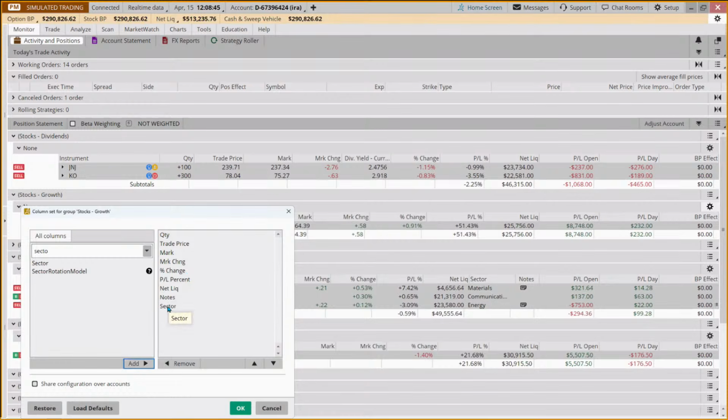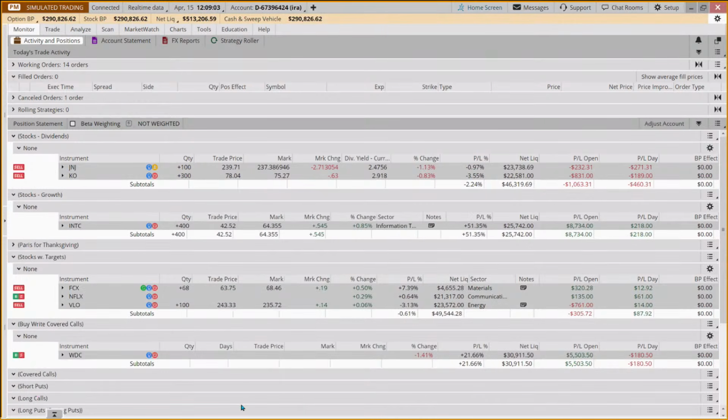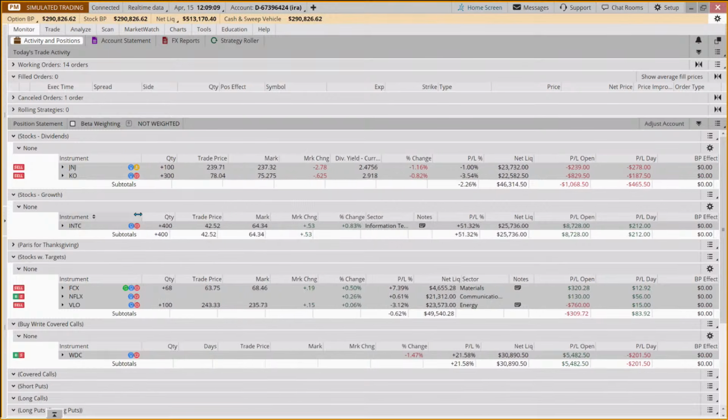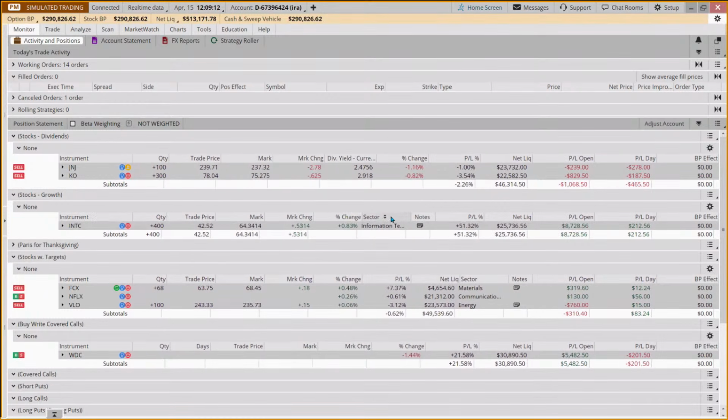And then if you're saying, well, I'd really like net liquidating and profit P/L percentage to be the last two columns, I'm going to move this sector up to here. And I'm going to move notes up as well. So you can rearrange these. So now we can see that we've got sector. You might say, I don't need this column to be so big. So if I make this a bit smaller, then if I want to make sector bigger, I can just click and drag to make columns bigger or smaller. Okay, that's a handy feature also.